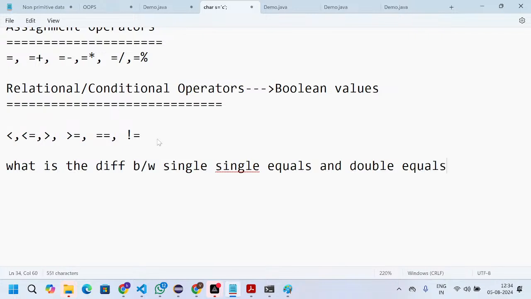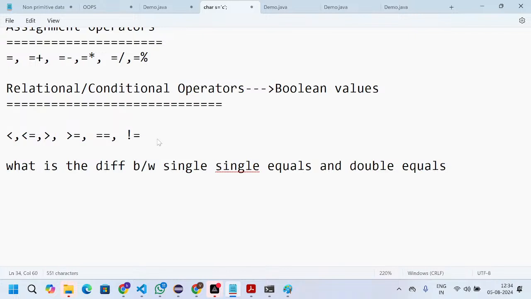So single equals is used for assigning values. Double equals is used for comparison between the two values. Okay.